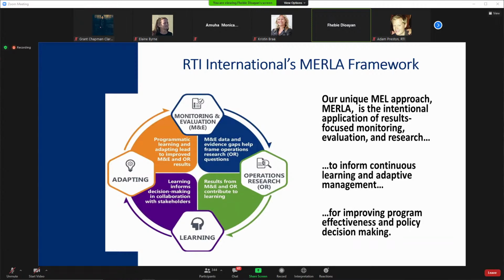The MERLA approach is the intentional application of results-focused monitoring, evaluation, and research to inform continuous learning and adaptive management for improving program effectiveness and policy decision-making. So this cycle of